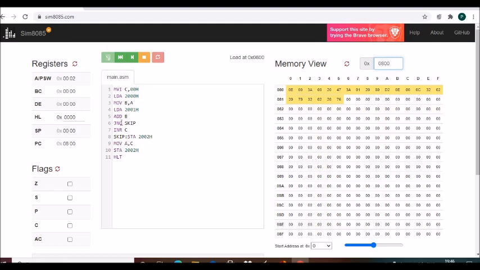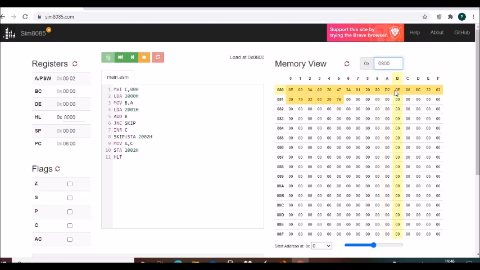What I have told, when you compile it, skip is a label and it will be converted into a particular memory address. So it will take this memory address. D2 is the opcode for JNC.